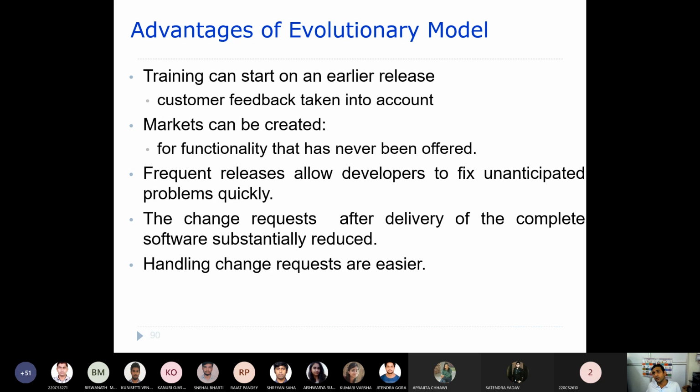So in the waterfall model, what will happen? Unless the software is developed completely, it is in no way delivered to the user. So that means the user is not going to give any feedback, right? The user will give feedback only when the whole software is delivered to them, and they use that particular software, and then only they will give feedback.